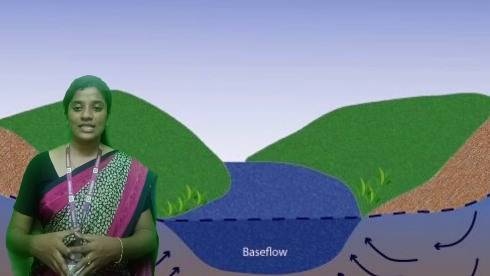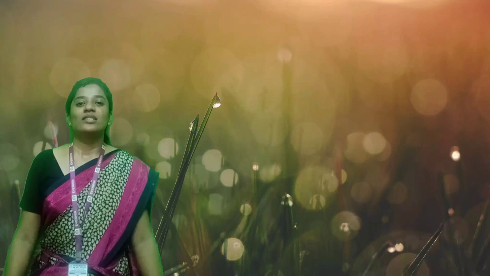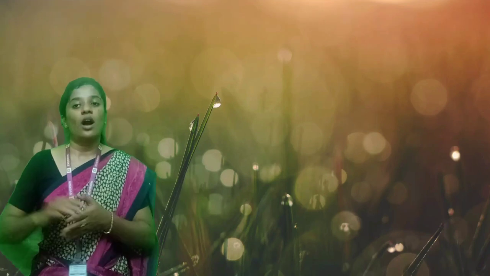What have we learned in this lesson? Let's have a small recap. Water is one of the most important elements on earth. All plants and animals need water for survival. About 71% of the earth's surface is covered by water. Out of this, only about 2.8% is fresh water, and the remaining 97.2% is salt water found in seas and